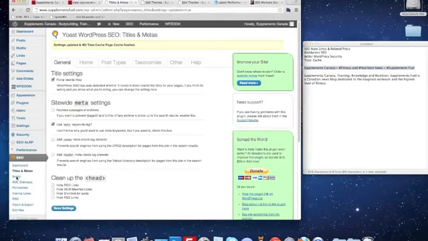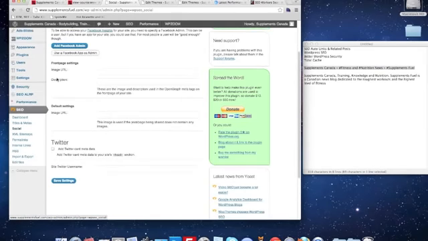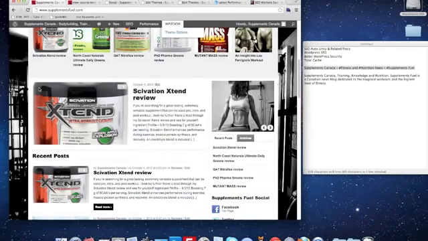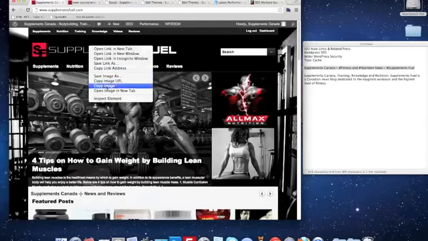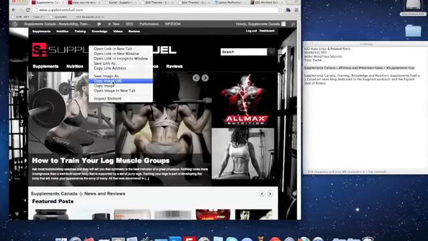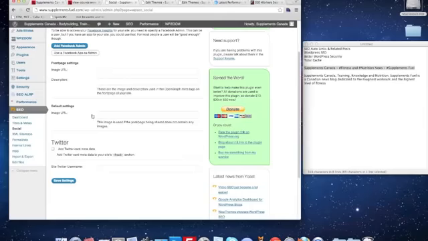Okay, next one we're going to go to social. We're going to check the social box. Yes, we're going to add Open Graph. This should already be checked, but if it's not, make sure it's checked. We're going to grab the image URL from the home page. So usually what you'll do is you'll grab your logo. So I'll do that right now. Scroll to the top, right-click on that, and you'll be able to see in here Copy Image URL. You'll see something similar to that with Windows. It'll be pretty close. And then head back over here, and then you just image URL, paste that into that box,